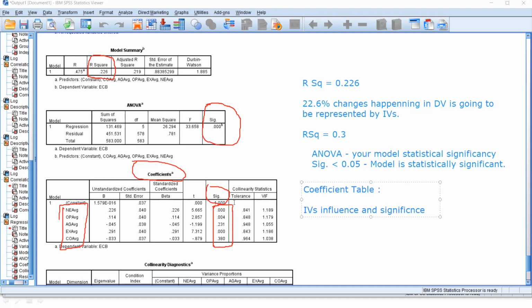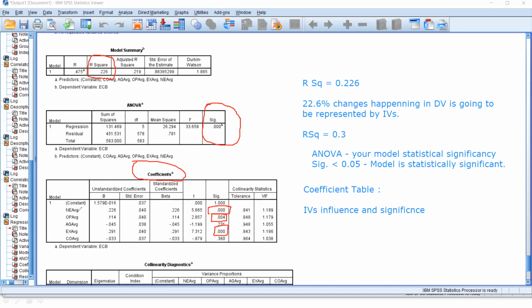So let's first see whether the significance is there or not. Now how can we make sure that there is significance? This p value or sig value has to be less than 0.05. Now you can see this value is statistically significant and the fourth one also. Why? Because the sig value is less than 0.05.